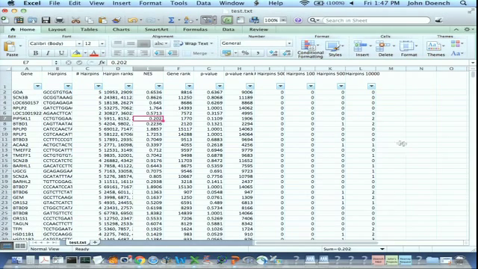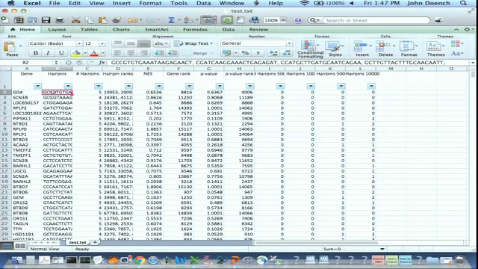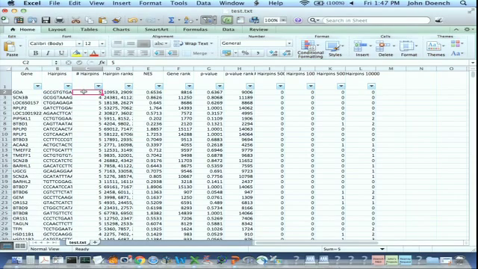It's a file that looks like this, and there's a few columns in here. First, there's the gene. There's the hairpins that target the gene. If I click on it, you can see up in the formula bar that it's the sequence for all the various hairpins that targeted this gene. It tells you how many different hairpins there were for a gene. It tells you the ranks of all those hairpins, and they are maintained in order,